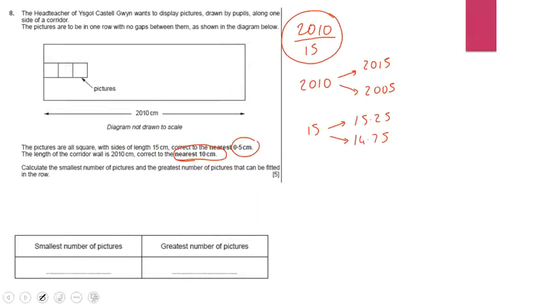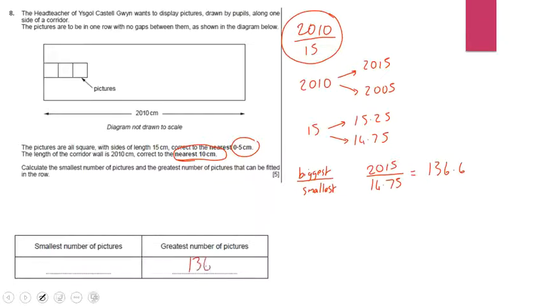So to get now the greatest number of pictures, we want to divide the biggest value by the smallest value. So in this case, the biggest value for 2010 would be 2015, and we're going to divide it by the smallest value, which is 14.75. Working that out on a calculator will give me an answer of 136.6. So we would round that back down, and we would have maximum